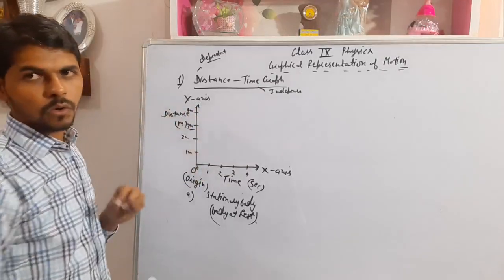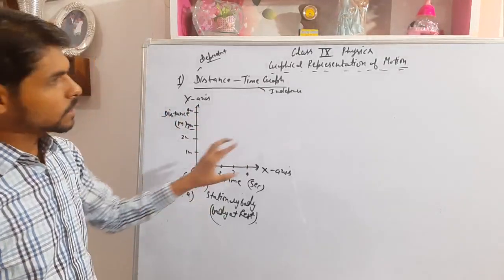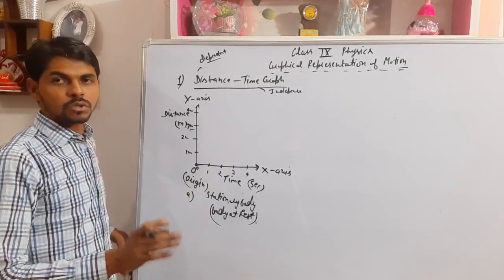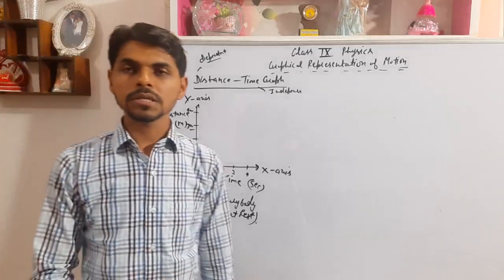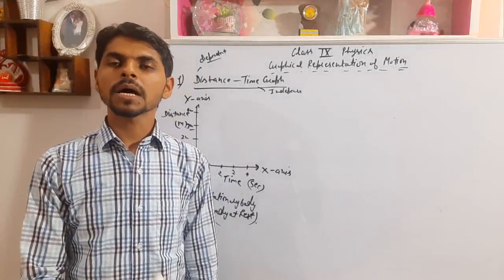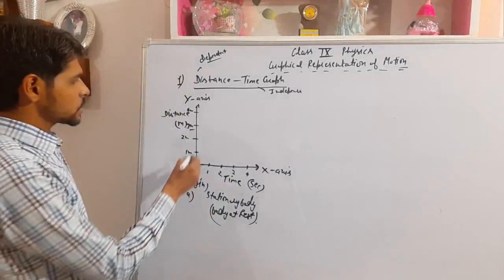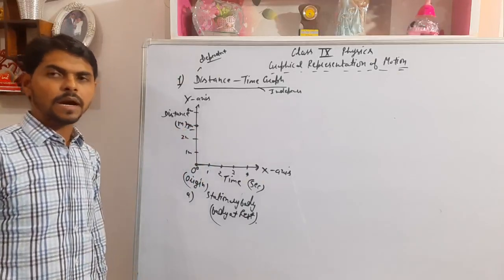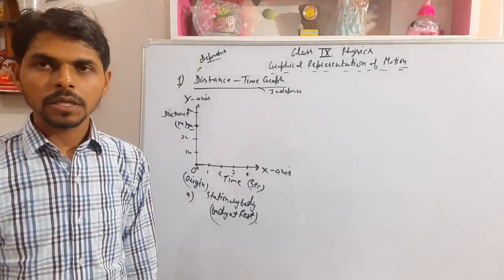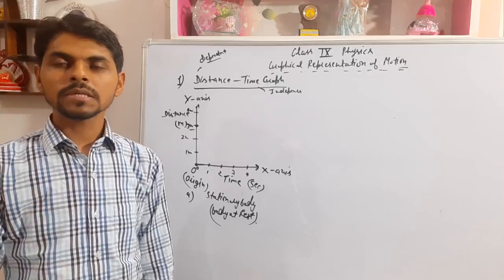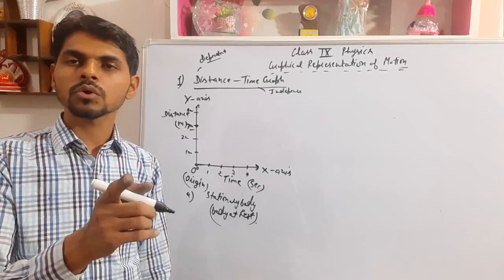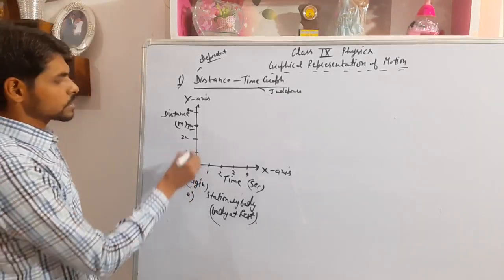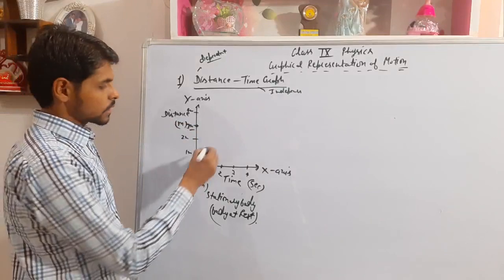When you look at this board in the starting of the lecture, it was here. Okay. So at point 0, suppose initially the board is at 3 meter. स्टार्टिंग में हमने मान लिया कि बोर्ड 3 मीटर पे पड़ा है. इट मीन्स दैट 0, जब आपने देखा तो बोर्ड 3 मीटर पे था, मतलब 0 सेकंड पे 3 मीटर पे था. आफ्टर 1 सेकंड क्या देखा आपने, क्या बोर्ड ने अपनी पोजीशन चेंज की? नहीं चेंज की. इट मीन्स एट 1 सेकंड बोर्ड इज ऑल्सो at 3 meter, it doesn't change its position. So 0 and this is 3 meter.